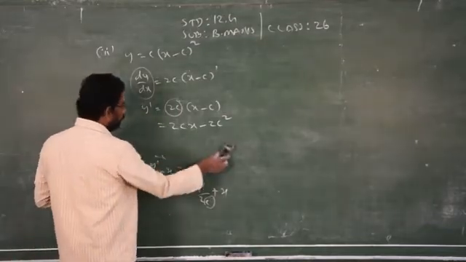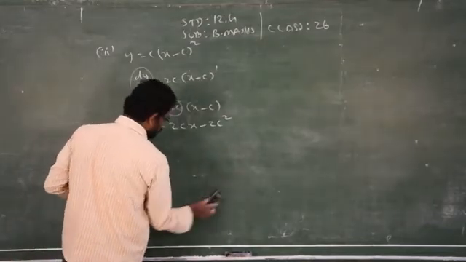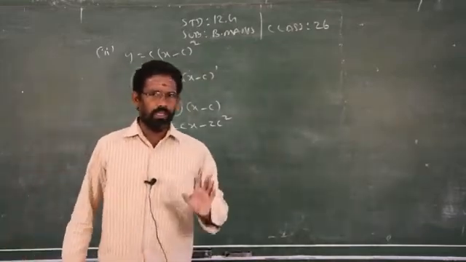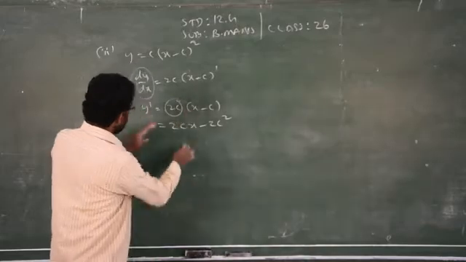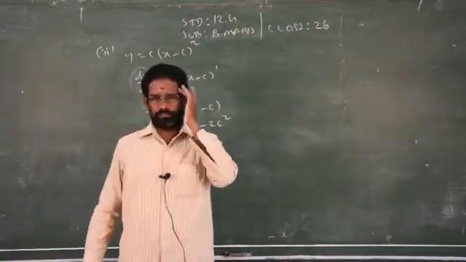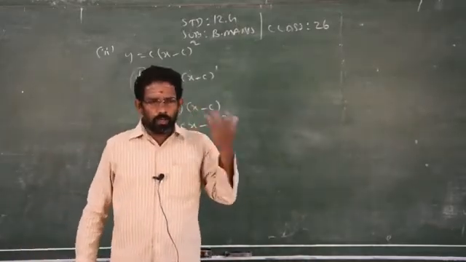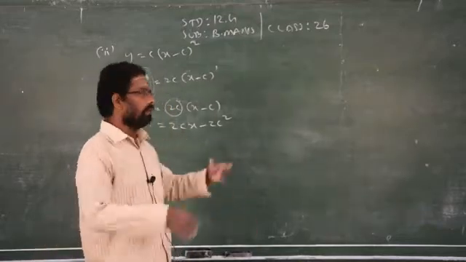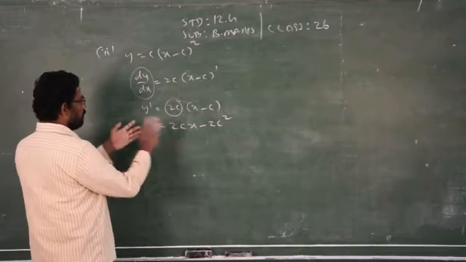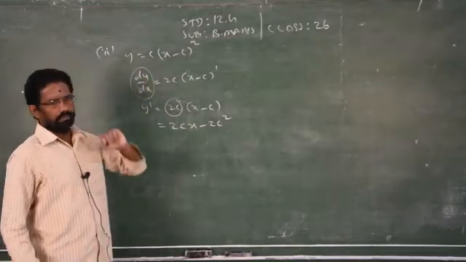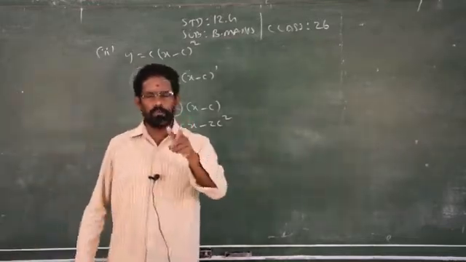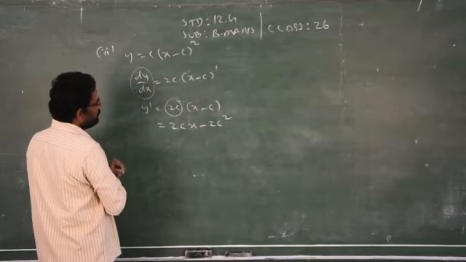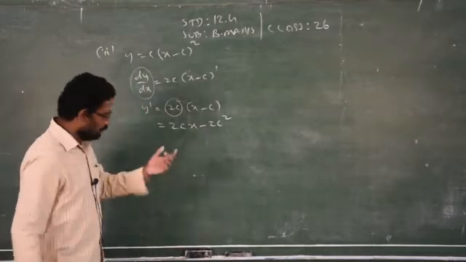Then I have to apply that basic algebraic knowledge. That's what I told you to work out at home yourself. This is based only on testing your intellectual power. If you work out your own method, I told you already there is no restriction. You can apply whatever method to eliminate the constant c from the question. If it is one constant, you have to go for only one derivative. Sir, if you go one more time, then you will get the answer. It is not allowed because we have only one constant.